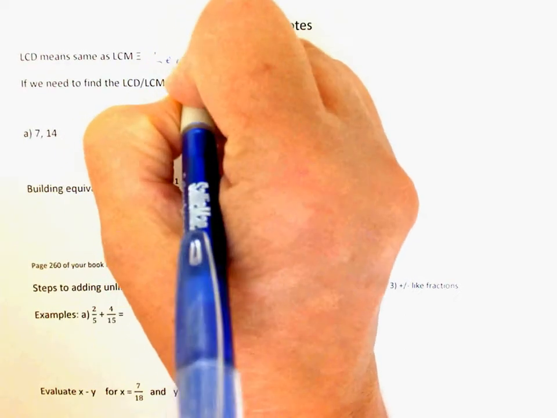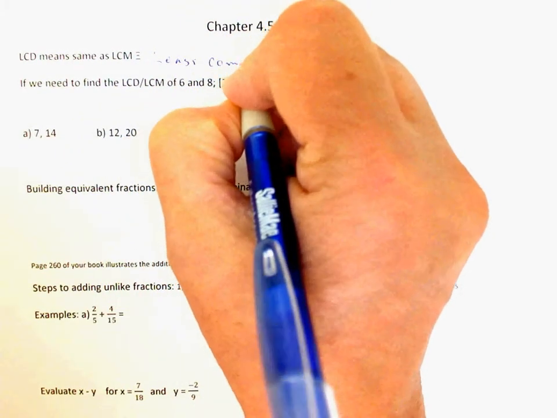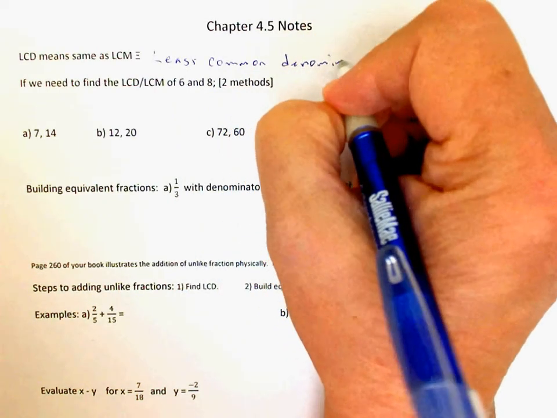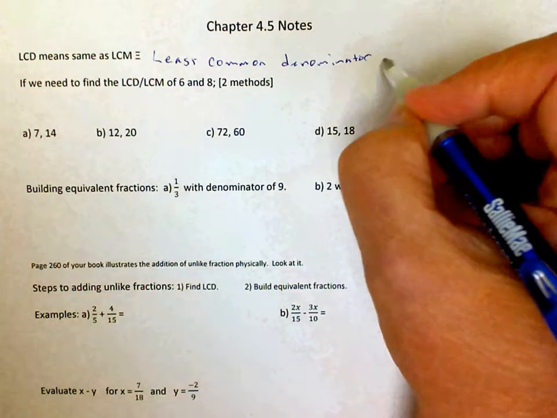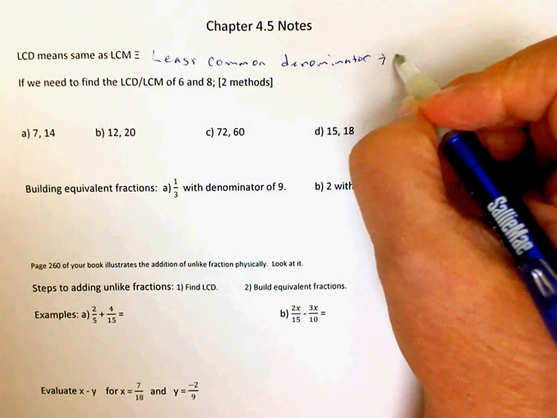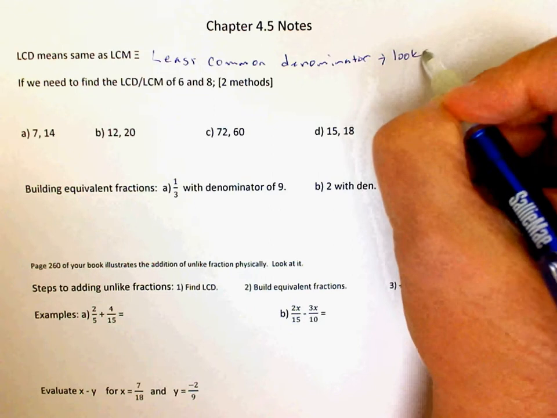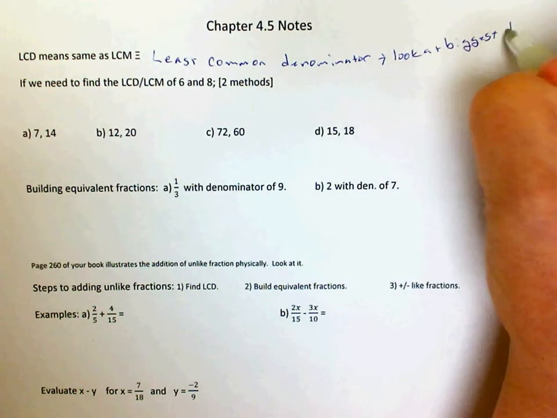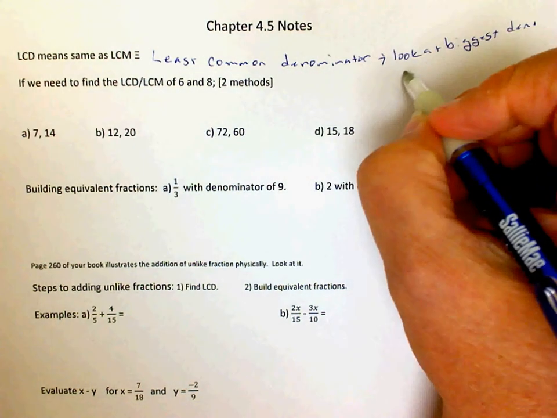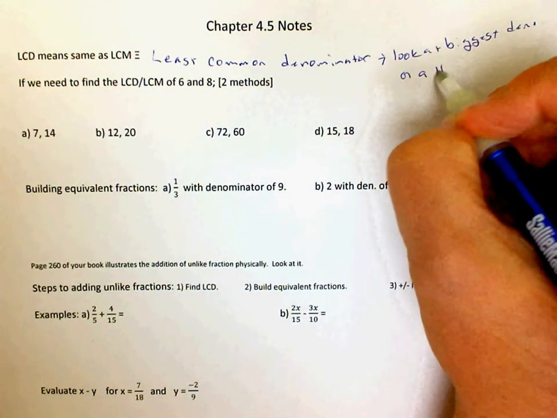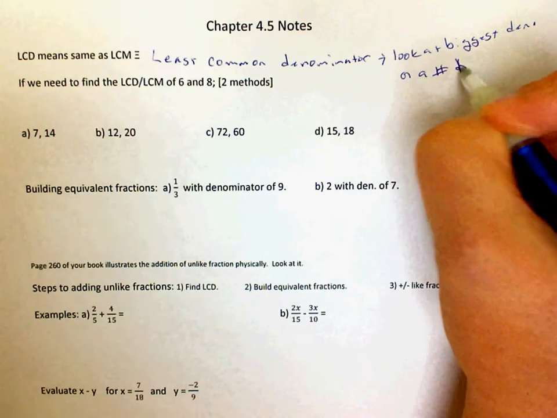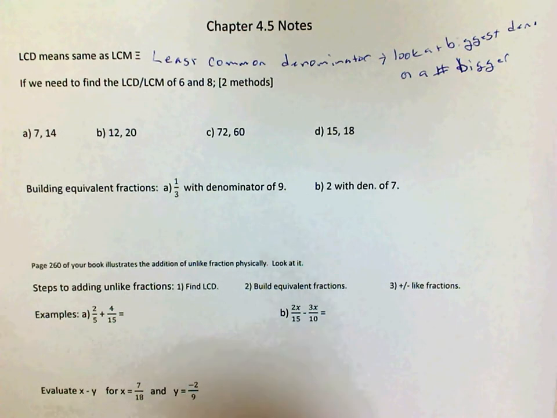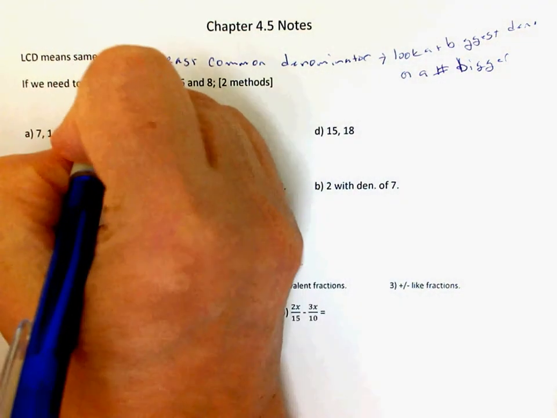Least common denominator. But the key here is you look at the biggest denominator or a number bigger. Okay? Now, method 1